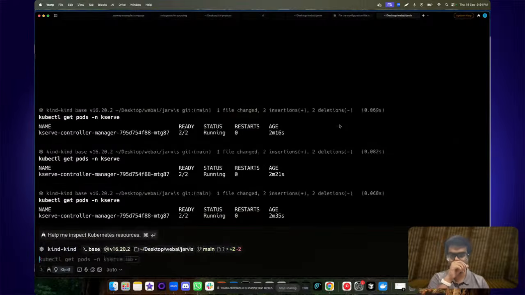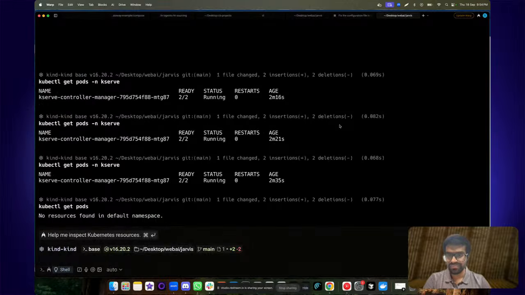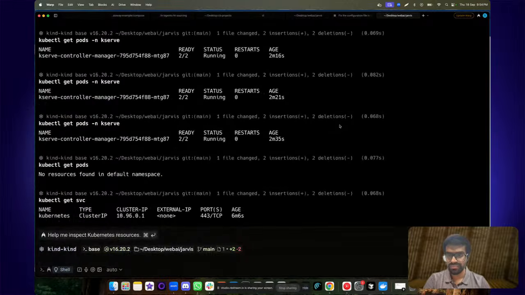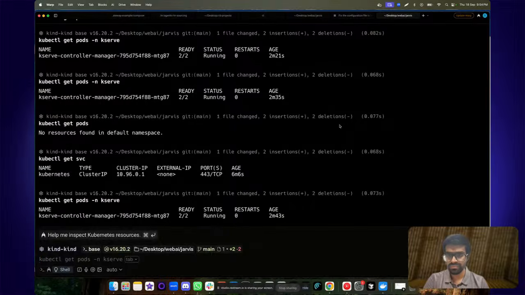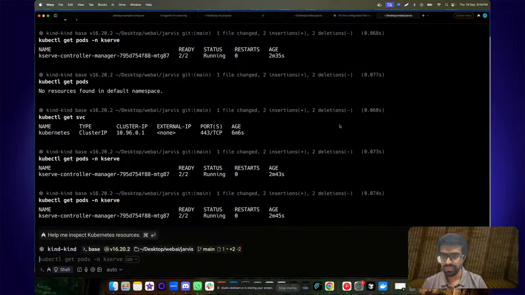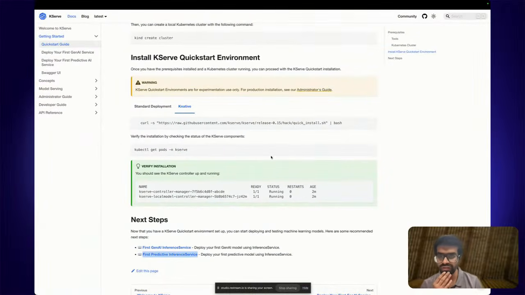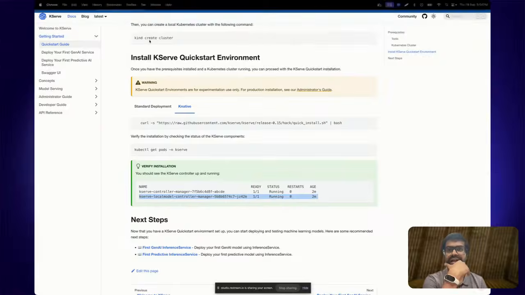That's a bit interesting. Let's see. Okay. So we are getting one thing. I'm not entirely sure why this is not showing up.